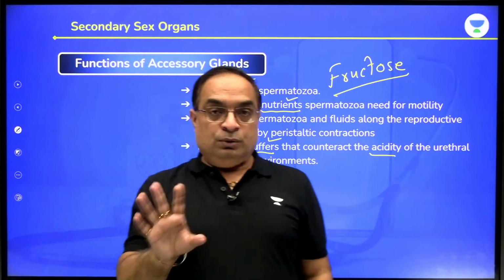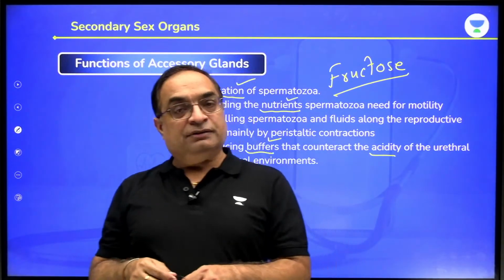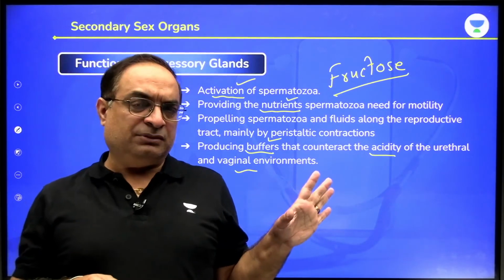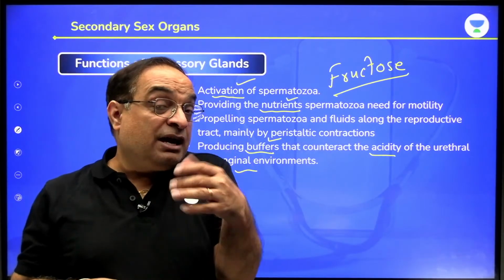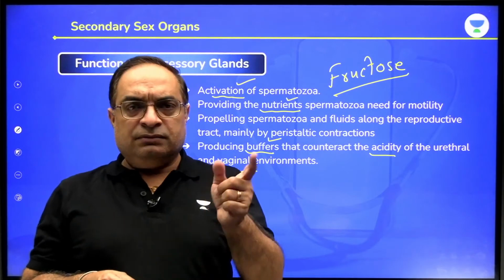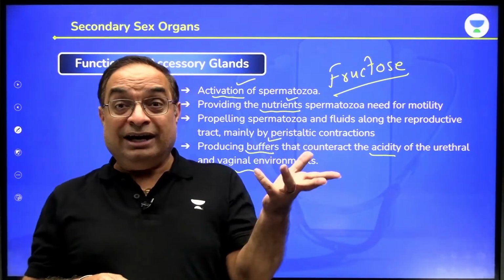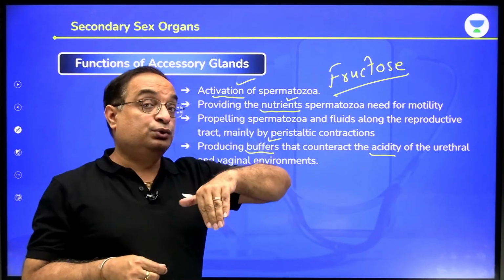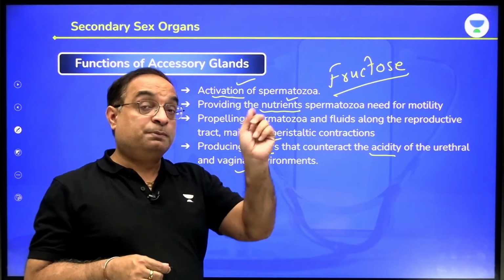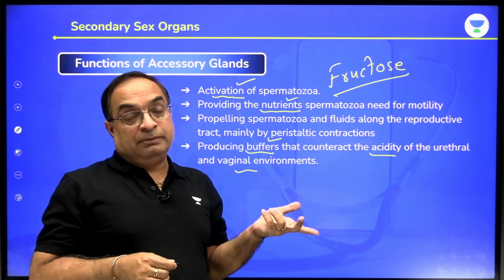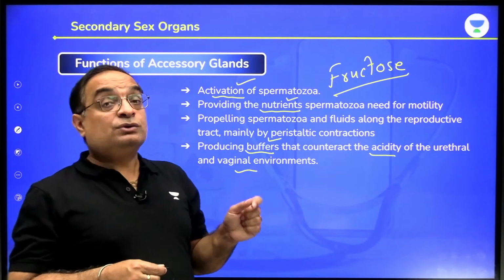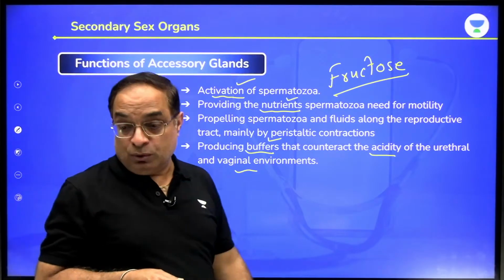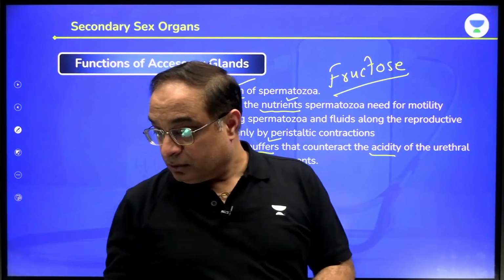The pH in the vagina of the female is acidic and the pH of the seminal fluid is around 7.4. So that acidic pH is very harmful for the sperms. Even the male duct, the urethra or urinogenital duct, is a common duct for urine and semen. When the sperms pass through the urethra, if there are drops of urine in it, that will be detrimental for the sperms. So that acidic pH has to be neutralized, and these glands play a role in that. Is that clear?